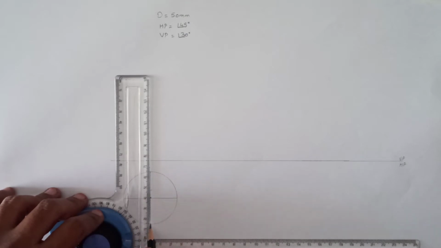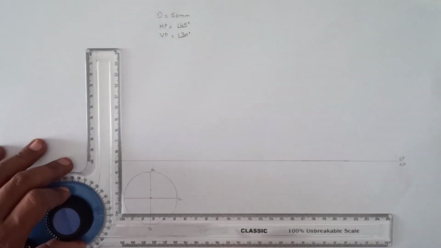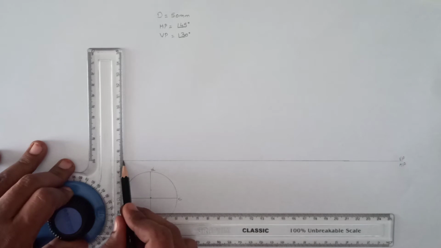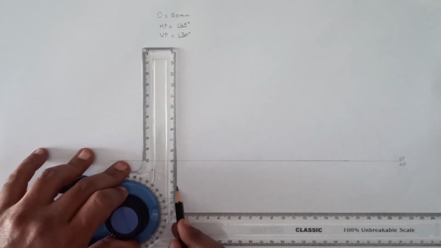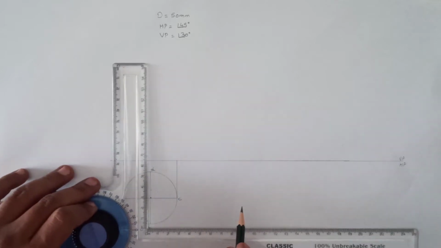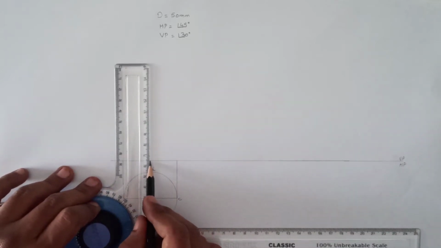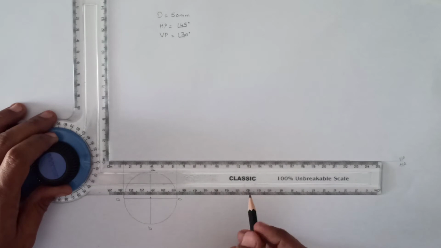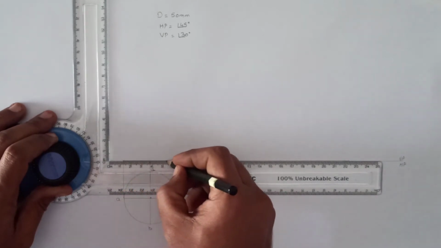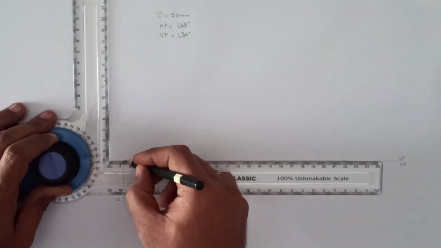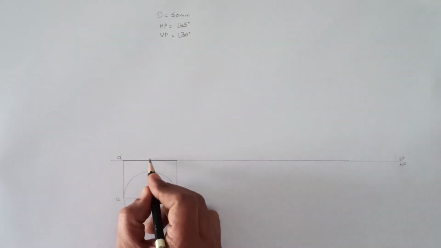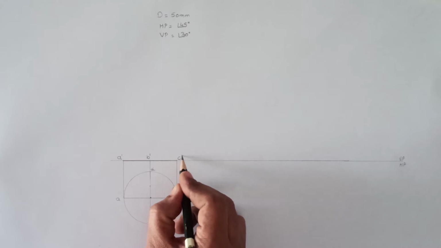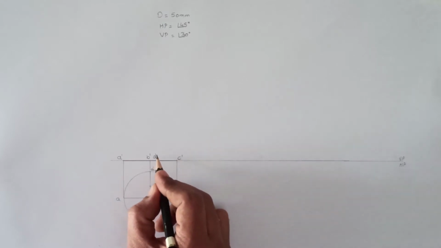For dividing into 4 equal parts, first we will draw a 0 degree line, that is a horizontal line, then a 90 degree line, that will be the vertical line. So you will be getting 4 equal parts. After dividing into 4 equal parts, the notations are given as A, B, C, D, and based on the top view, which is a circle, we will draw the front view. Here in the front view we will get the points A dash, B dash, C dash and D dash. Since the point D can't be visible when seen from the front, the point D dash is marked